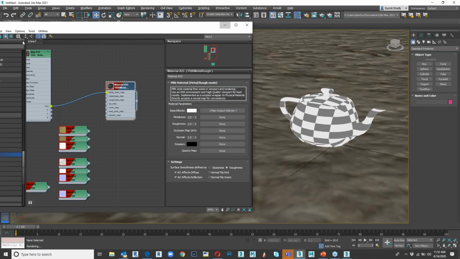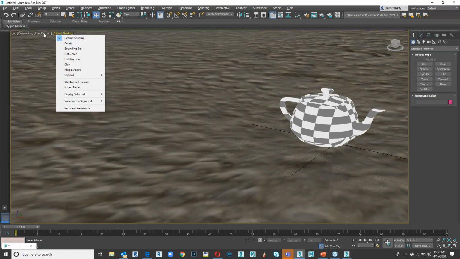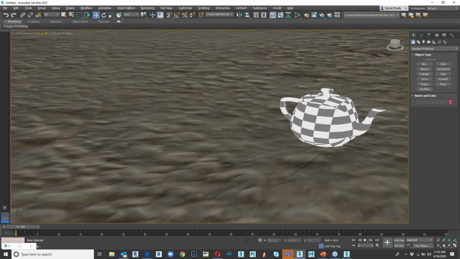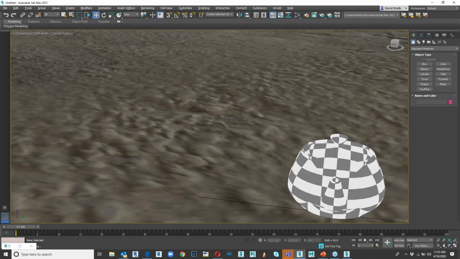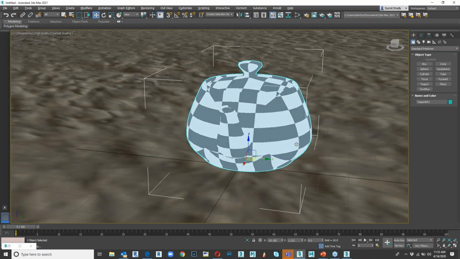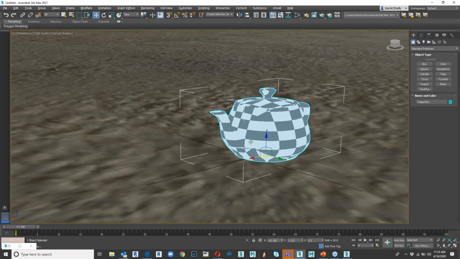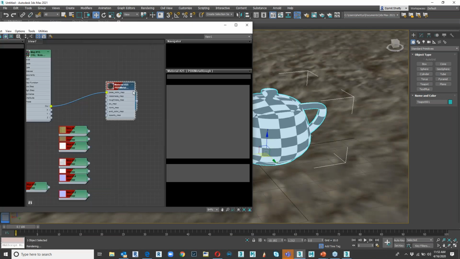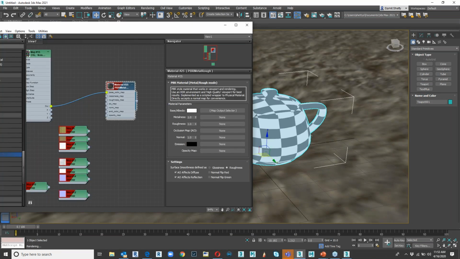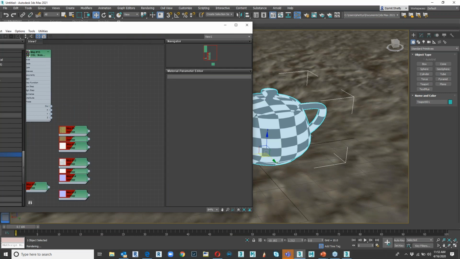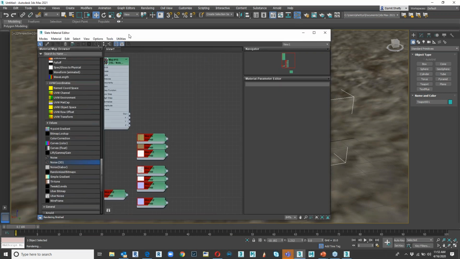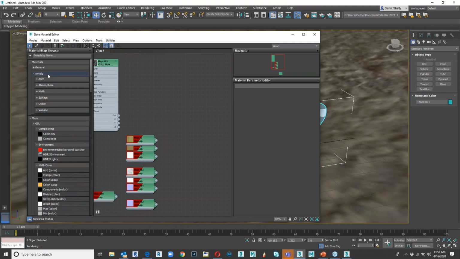All right, should work. High quality. Let me see how it works, how it looks. It should take a while to update. That's because of my old system. If not, then I'm going to delete this and import a new